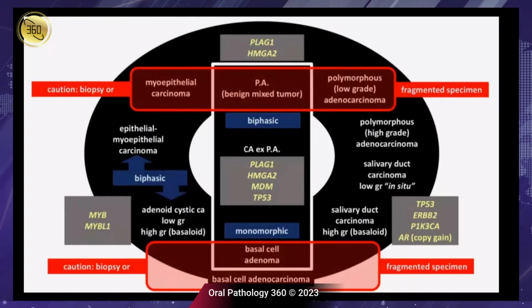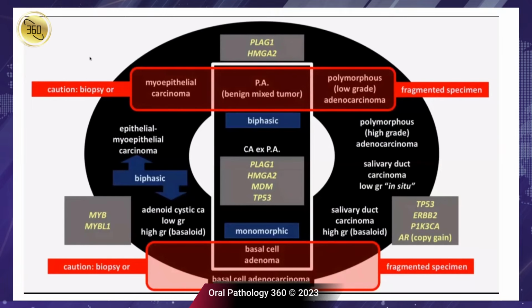And so what I attempted to do is put all of this complicated stuff together. Somebody said this looks like an old record. So, here's the record. What I tried to tell my residents is that in small biopsies or fragmented specimens, we may have trouble teasing out some of these myoepithelial or biphasic tumors, right? Because all of these tumors can have mucinous components. All these tumors can have an epithelial or a myoepithelial component. And the same is true for basaloid tumors.